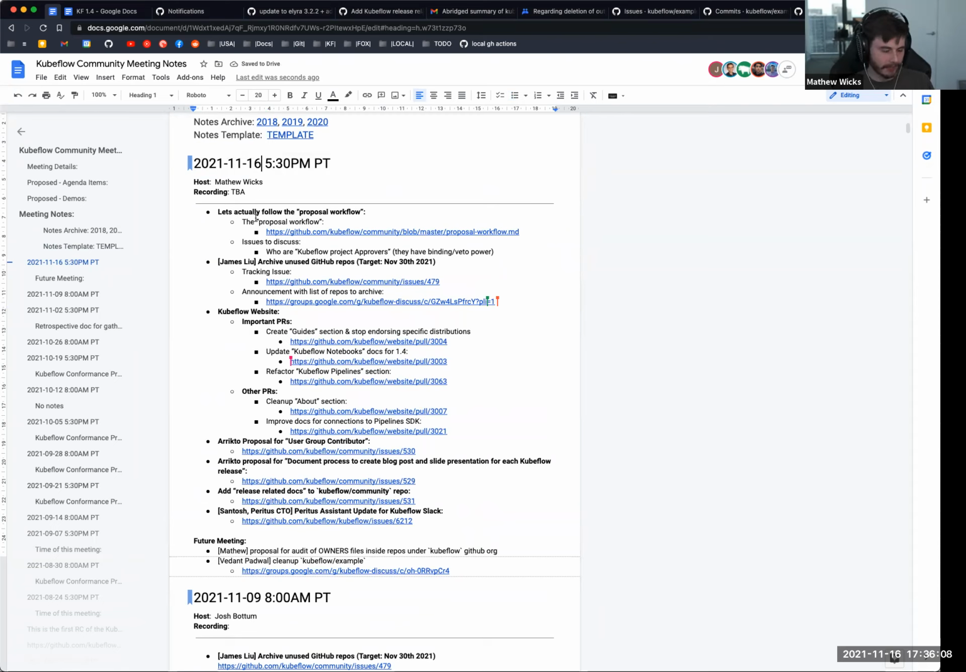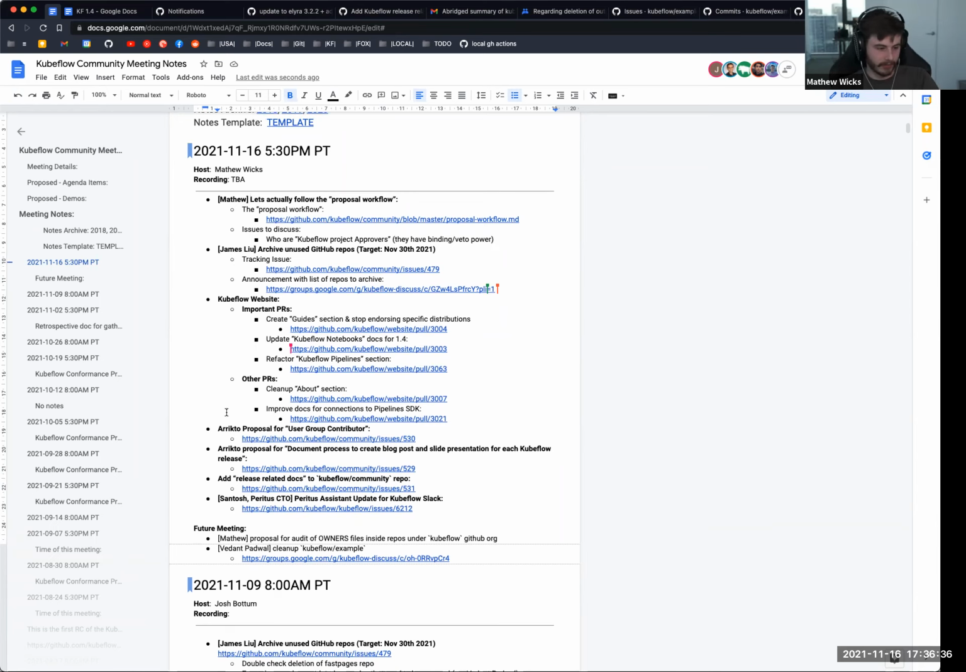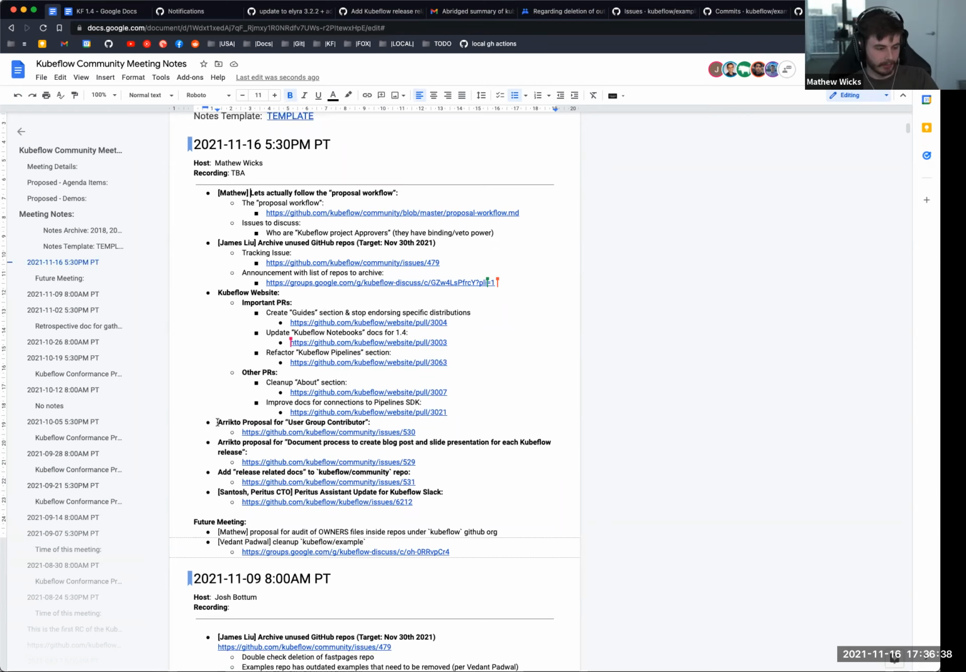We've got quite a few items, but we'll try and either push things to future meetings that aren't super important or just blast through them. So, the overview. One of the first things I want to talk about is we actually have a proposal workflow that we've kind of not been following that's, I think, been causing us some pain. We'll come to that. And then we're talking about the archiving process for a lot of repos that are not used anymore. We've got lots of PRs on the website. We'll cover those. And we've got some proposals from Ericto about